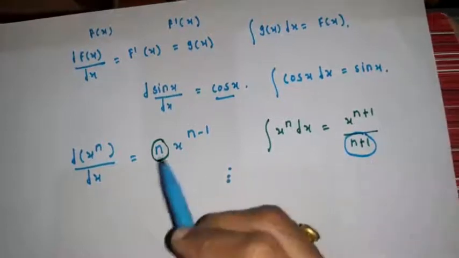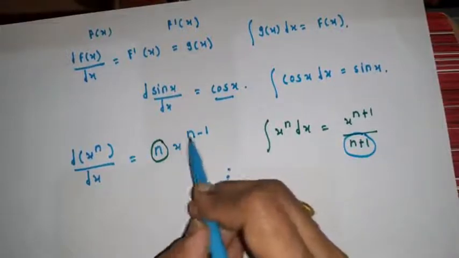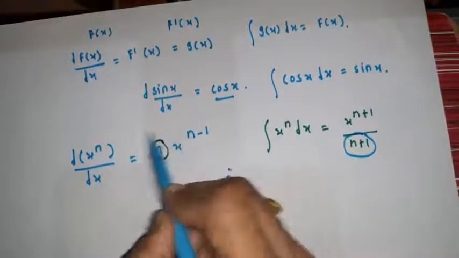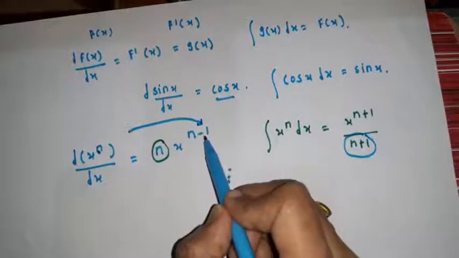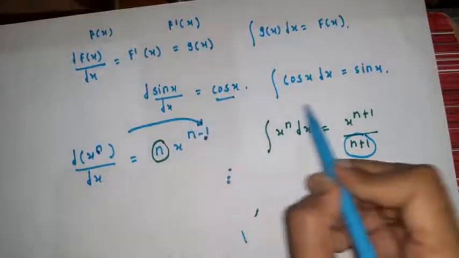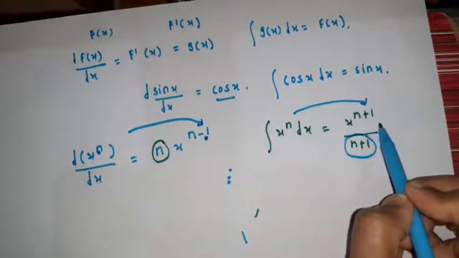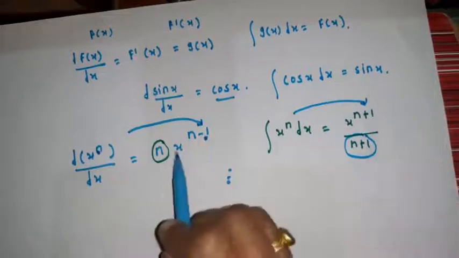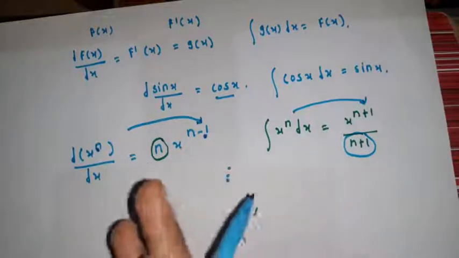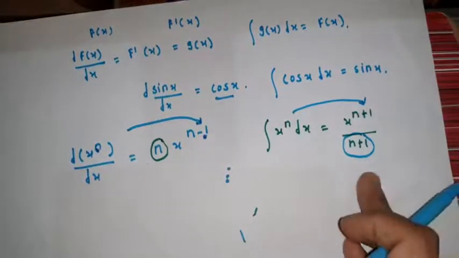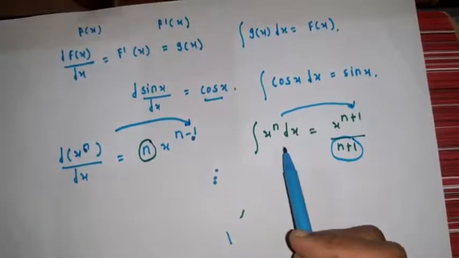In the case of the index, in x raised to n plus 1, the index of the given function is decreased by 1 in the derivative. See here the index is n, decreased by 1, that is n minus 1. And in the case of integration the index is increased by 1. Okay students, this is the antiderivative process: whatever we do in the derivative, exactly the opposite process we do in the case of integration. From the example, now you can understand better.